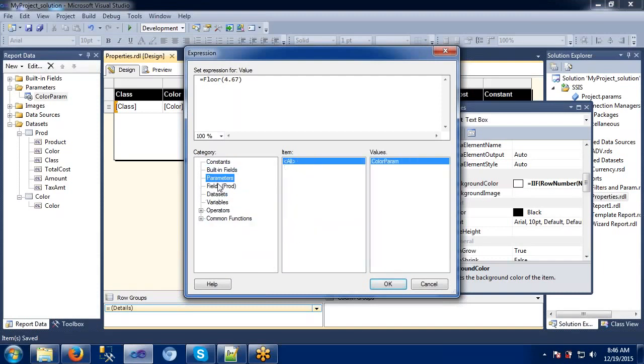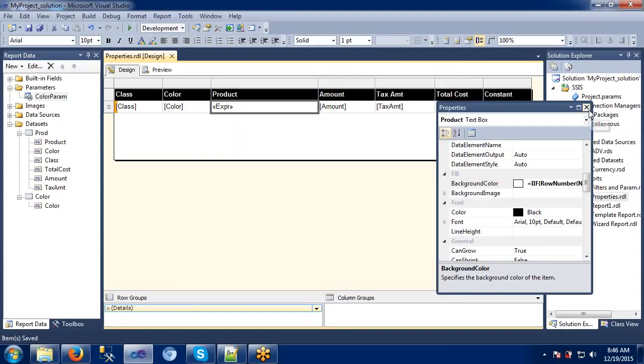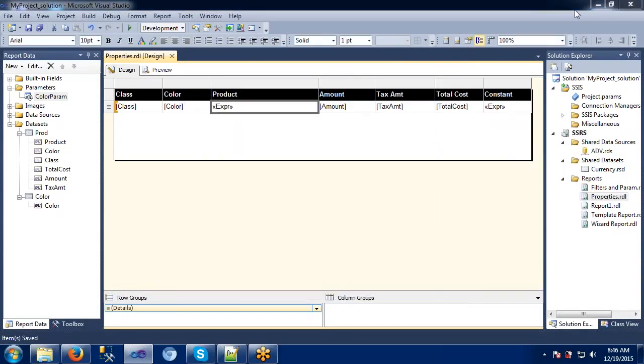So like this we can use all these expressions in different ways. We have a number of ways of using these expressions. In SSRS, we can cover 70% with these expressions only. Okay, so these are the expressions and options available in this expressions tab. So that's all for today's session. If you have any doubts, just let me know.